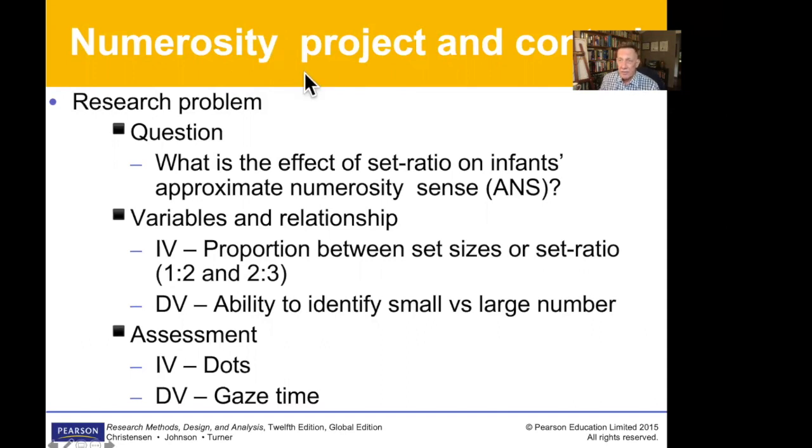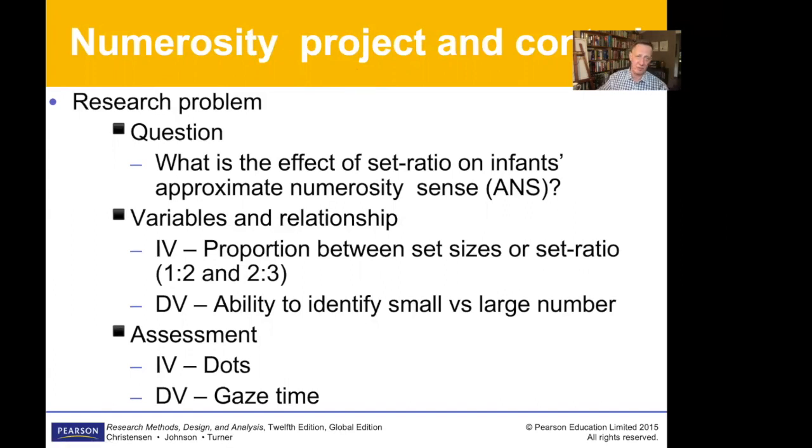The red stuff is still not in the book, and you should know that, but the yellow slides are also not in the book, and you don't have to learn this. So you don't have to know the numerosity project, although I think it will be good if you remember